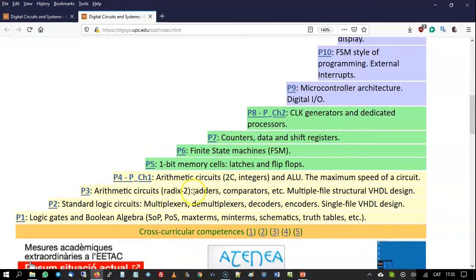Here is where you are going to find this, right? In a way that this video recording is nothing but an extension of the examples that are already here in this web. So we are going to make full use of this web, right? So for example, if you click P3,